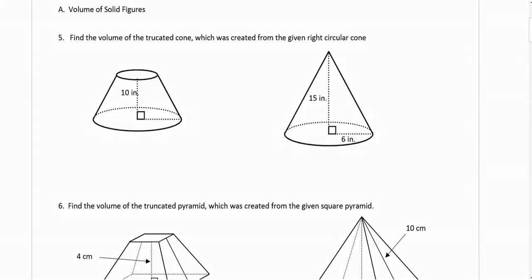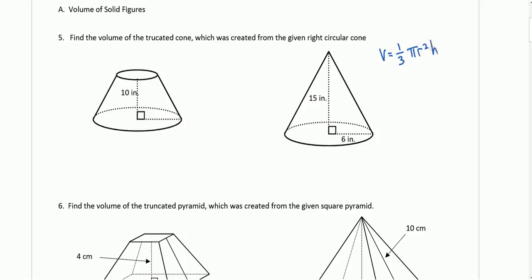So this is taken from the first worksheet in Unit 9, and we're looking at finding volumes of solid figures. First one is number 5 from that first worksheet, and it says find the volume of the truncated cone which is created from the given right circular cone. Recall that the volume of a cone is 1/3 the area of its base. Here our base is the circle, so pi r squared